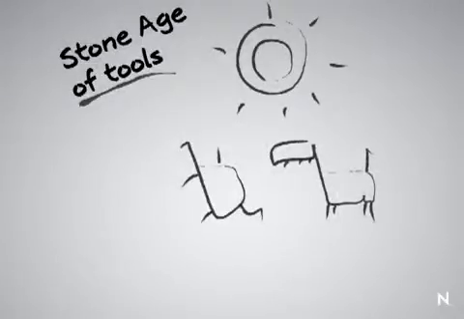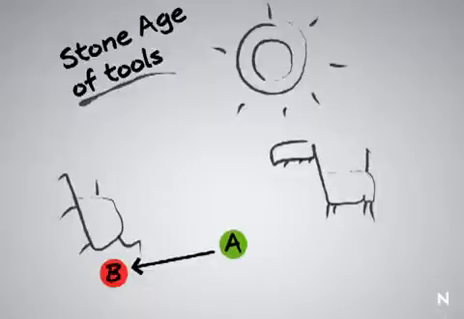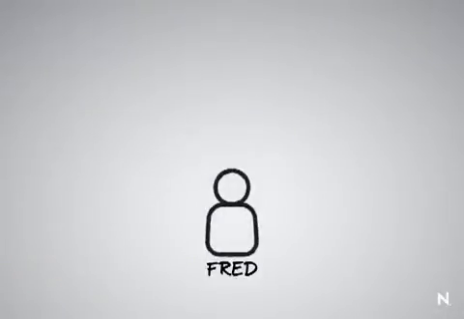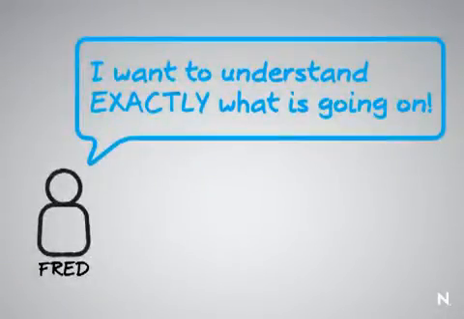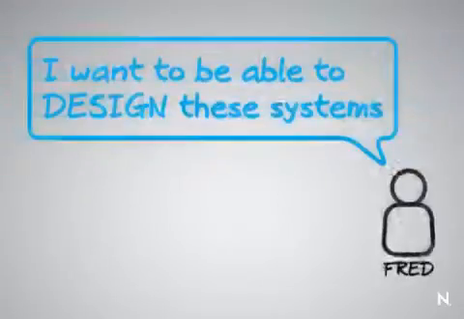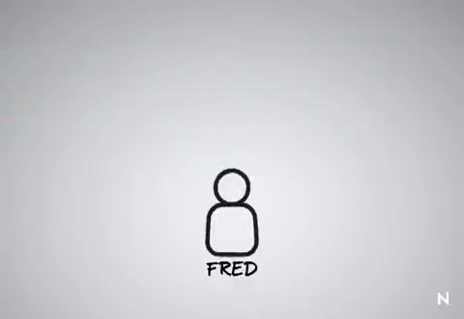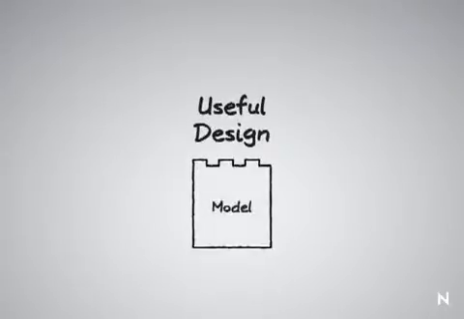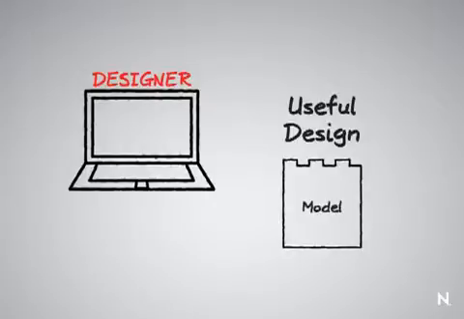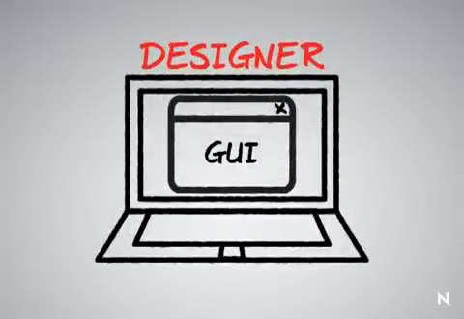Now, that is the view that our competitors have. They take a look at things at a very simple point-to-point level. But in reality, when we get to things like transparency, we want to be able to understand exactly what's going on. We want to be able to design these systems. And in order to design it and really have a useful design, we first have to be able to model that design. And that's exactly what we give inside of Designer, is a graphical or GUI tool that a